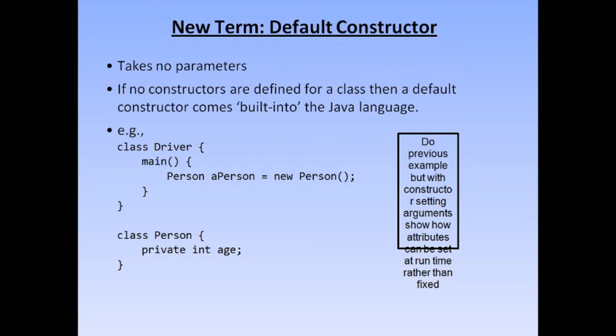If we are not defining any constructor for ourselves, then no problem. The Java language itself takes care of it. If you are not providing any parameter inside the constructor, then it will launch the default constructor. And this is what is being done in this example: Person person = new Person(). It is not providing any initialization values, so the Java language will take care of it.